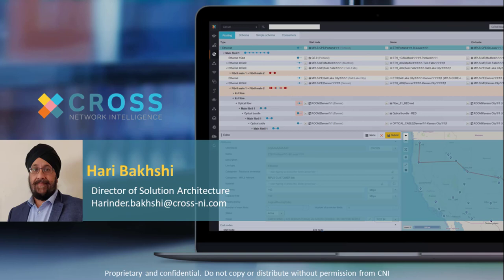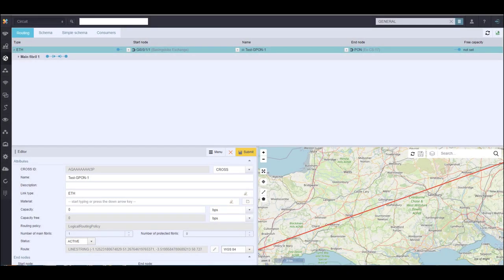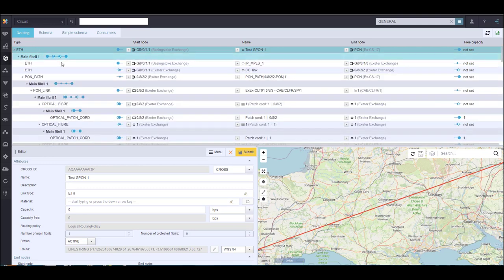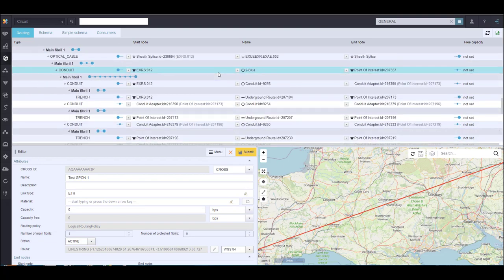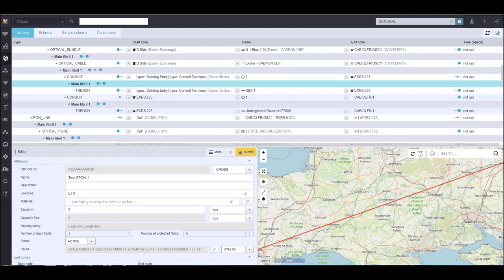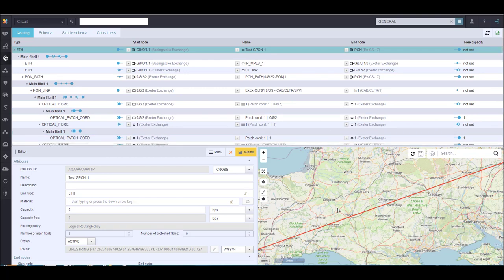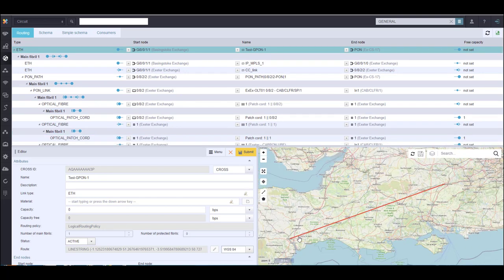The next thing we're going to discuss is Cross's ability to handle variable quality data. Now this can be missing data or data that's just plain wrong, what we would call dirty data. In this first example, we can see a good circuit. Now this is a circuit that's fully documented. In this case, the consumer-provider relationship is fully documented between every layer. This is the ideal case, and if all of your circuits look like this, well, we're off to a good start. But in reality, most operators have gaps in their data.